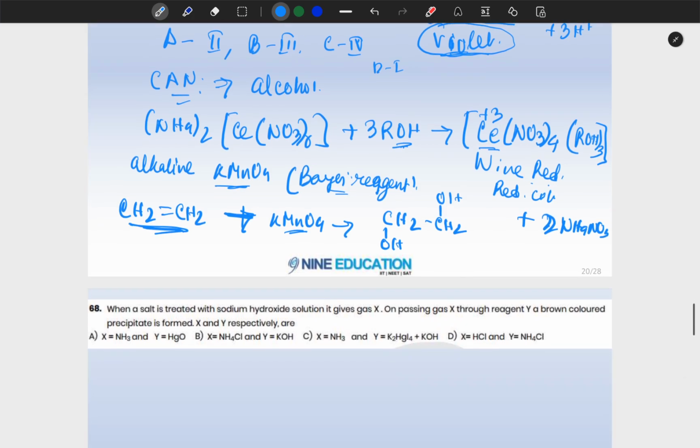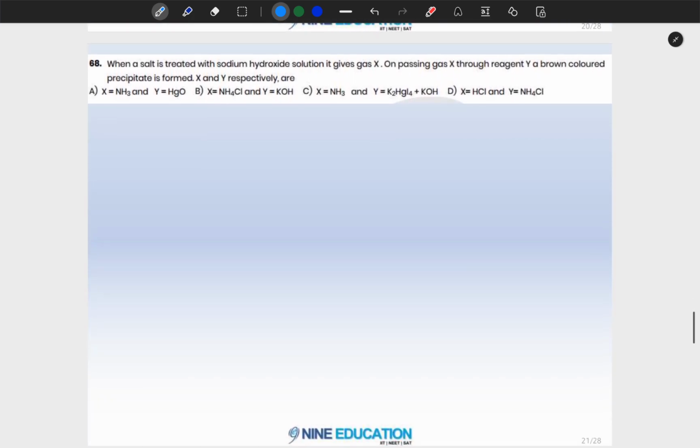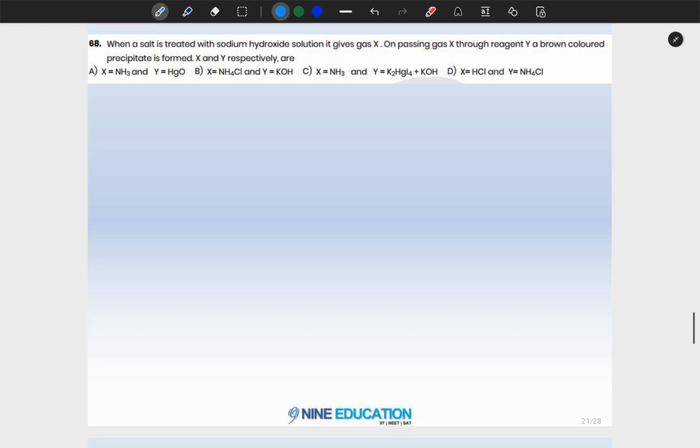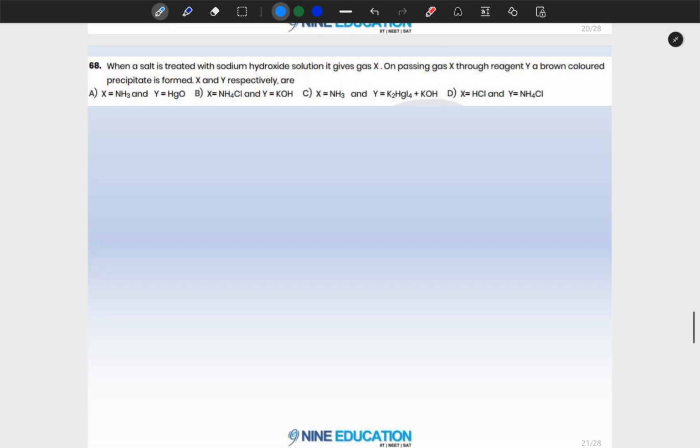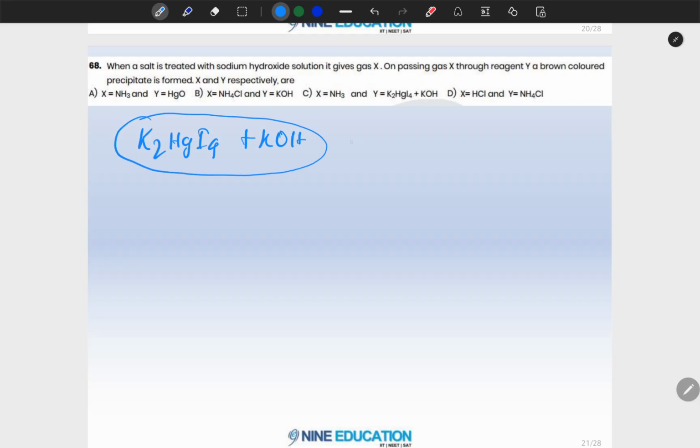So let's proceed to the next question. When a salt is treated with sodium hydroxide, it gives gas X. Gas X, when passed through reagent Y, a brown colored precipitate is formed. So basically, this is the reaction. K2HgI4 plus KOH, this is the Nessler's reagent. Now when Nessler's reagent reacts with ammonia, then I will get this type of precipitate,